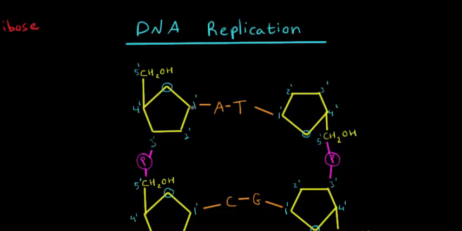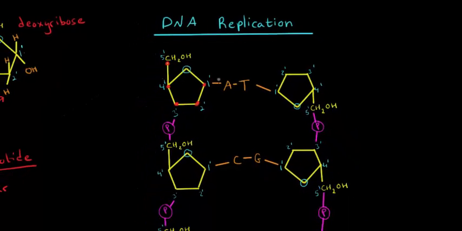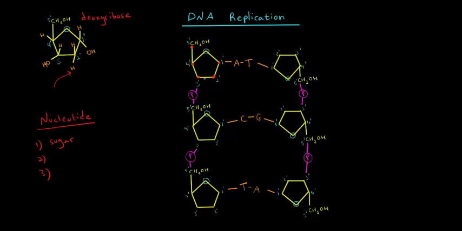And we label the carbons. This carbon is 1', this carbon is 2', this carbon is 3', this carbon is 4', and this carbon is 5'. And you may have noticed that the sugars in the two chains are actually oriented in opposite directions. So if you look at the sugar right here, for example, the oxygen is pointing upwards, but in the corresponding nucleotide on the other chain, it's pointing downwards. So the two chains are running in opposite directions, or another way to say this is they are anti-parallel to